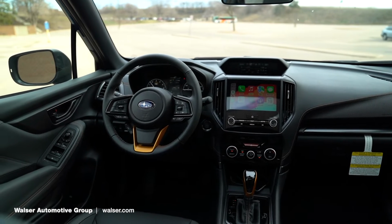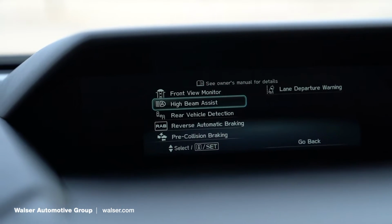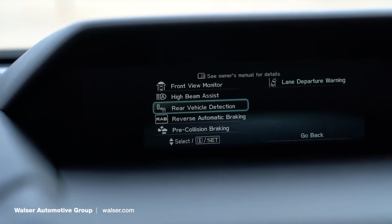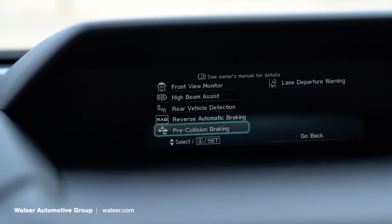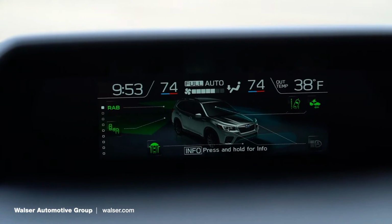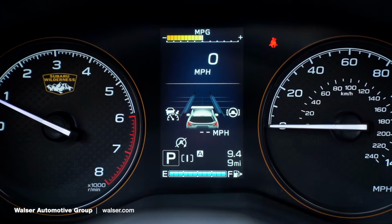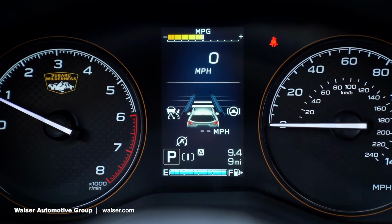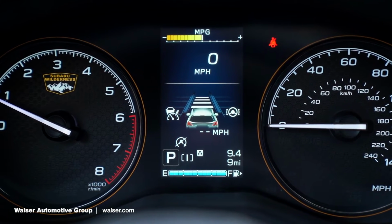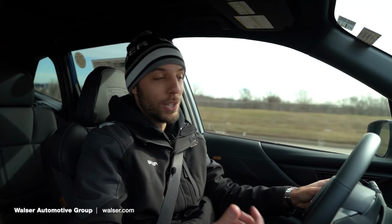So that's one thing when you're on the road, if it's you or you've got the family in the vehicle, you obviously are gonna wanna make sure you're safe. And the Subaru EyeSight technology does an awesome job of not being too intrusive, but just working really well when you're on the go. There's an adaptive cruise control system, so you can set 4, 3, 2, 1 car length distances ahead of you, and it's going to keep that distance. So if you're doing a lot of highway driving or even city driving, that is a pretty cool and convenient